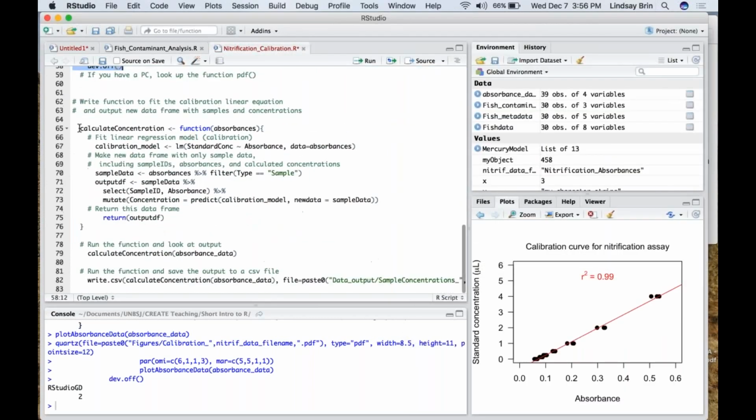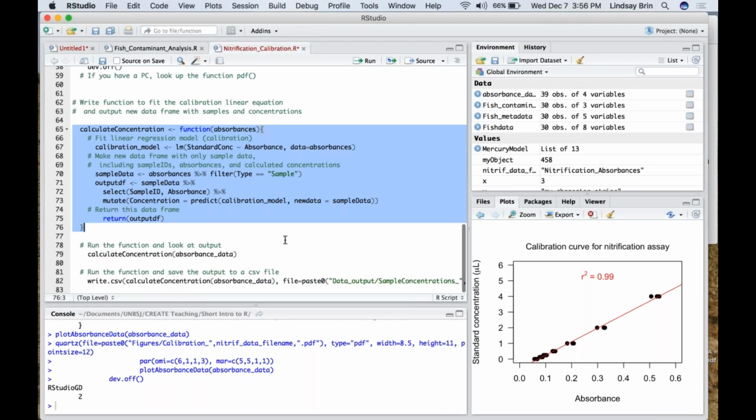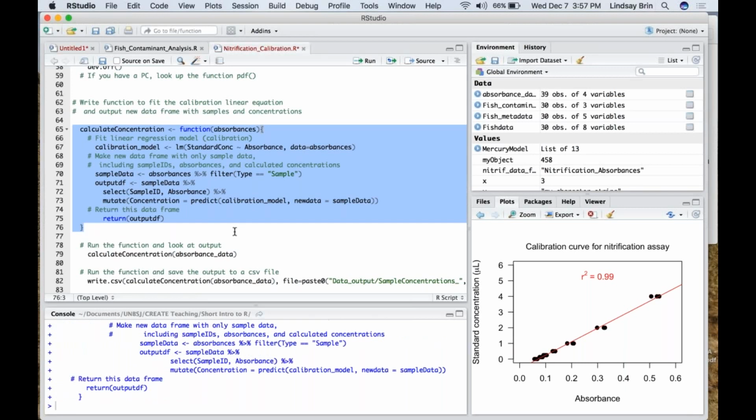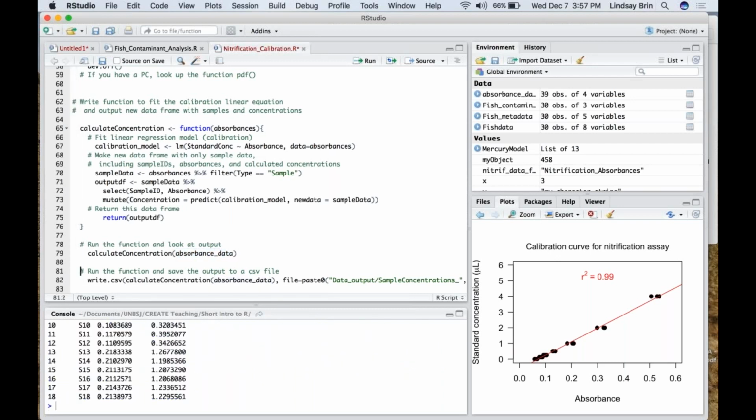So the next function that I wrote here uses a linear model to fit the calibration linear equation, and then it creates a new data frame that has samples and concentrations. So I'll run the function, which just means defining it or creating it. And then I can call the function again on this absorbance data that I created earlier. And what it does